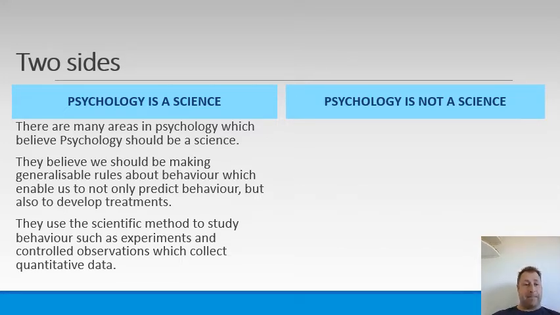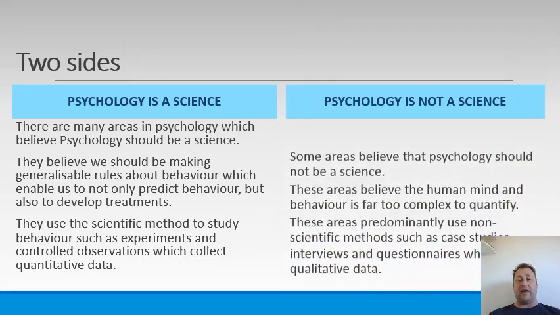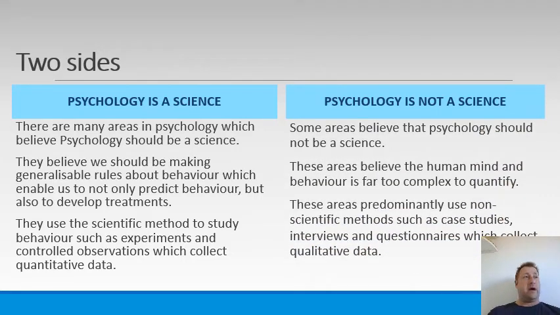If we do an experiment, that is the key thing of a science. So obviously some areas do that more than others. However, some people say it's not a science. Some things you can't see. You can't see what people think at the moment. We don't know how that influences people's behaviour. Some people think the mind is just too complicated to even try and be scientific. So like I said, when we look at Freud, you'll see that even more. If you're interested, research Sigmund Freud's ideas. You'll see completely not scientific.